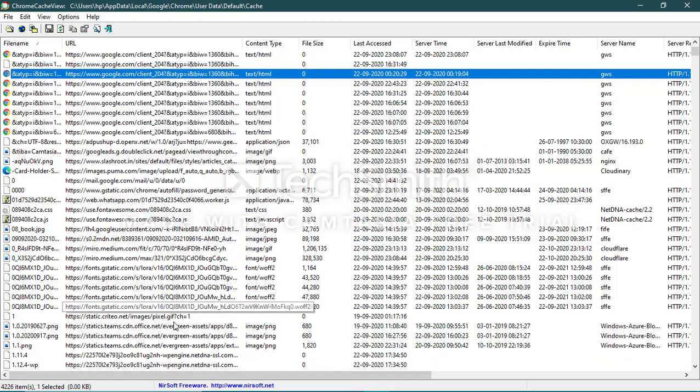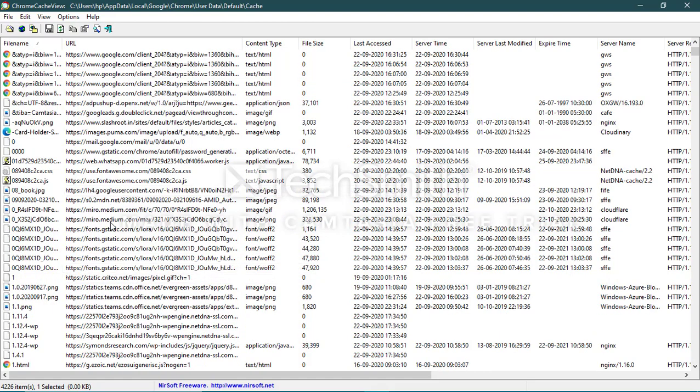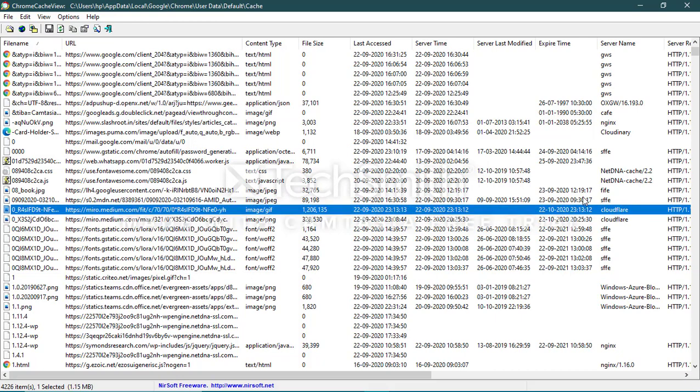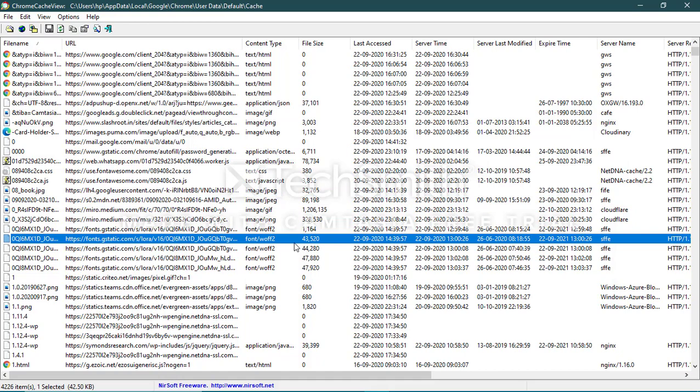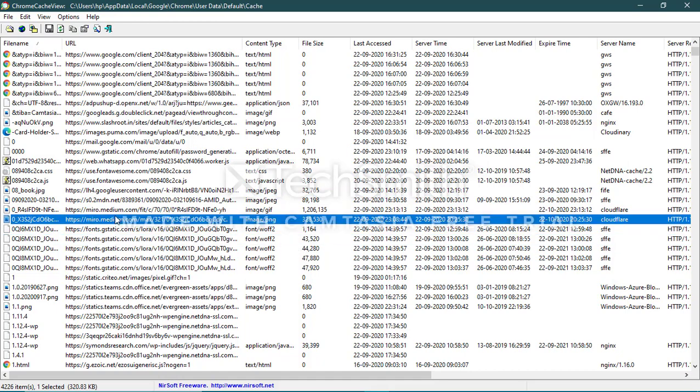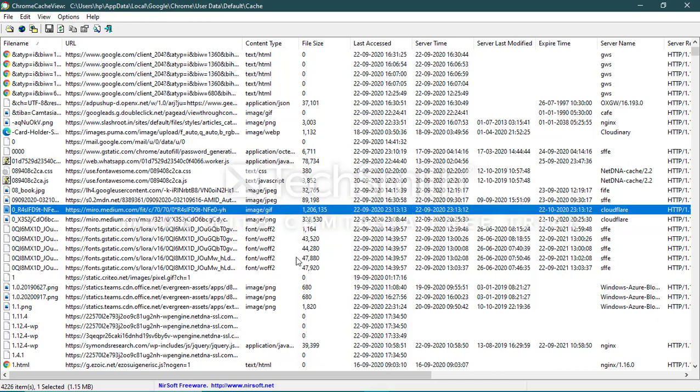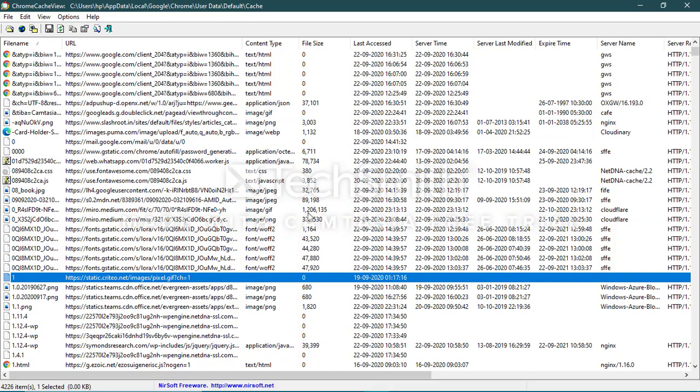So here are a lot of images, text files, CSS files, front end, back end, HTML files, web pages. As I told you, it does no compression, as it stores the smallest files to the largest files available. Like one file, we can see that it is a huge file.